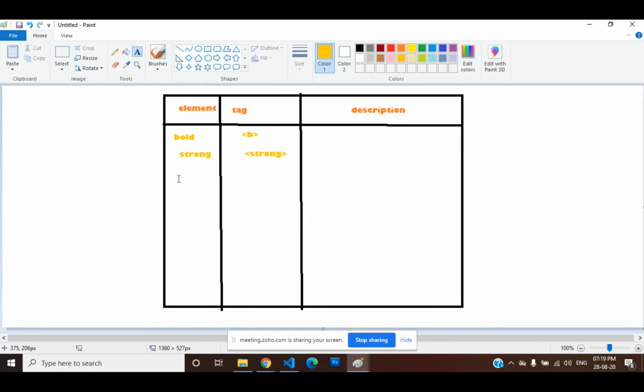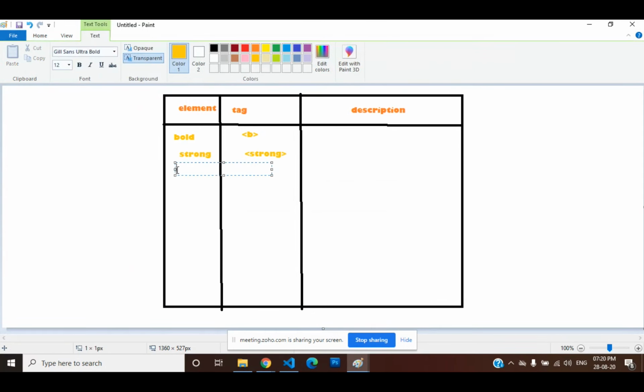Now coming to the third element, italic. For this tag, what? I is the tag for italic. What is italic?